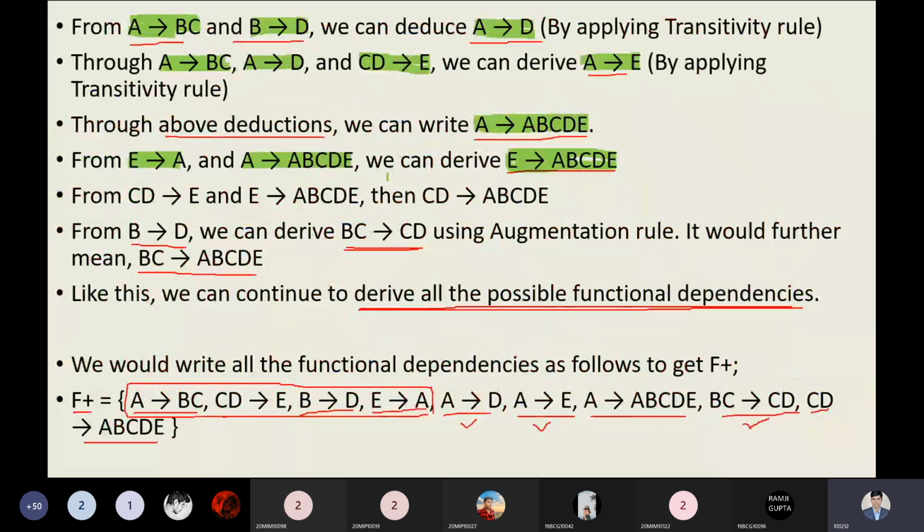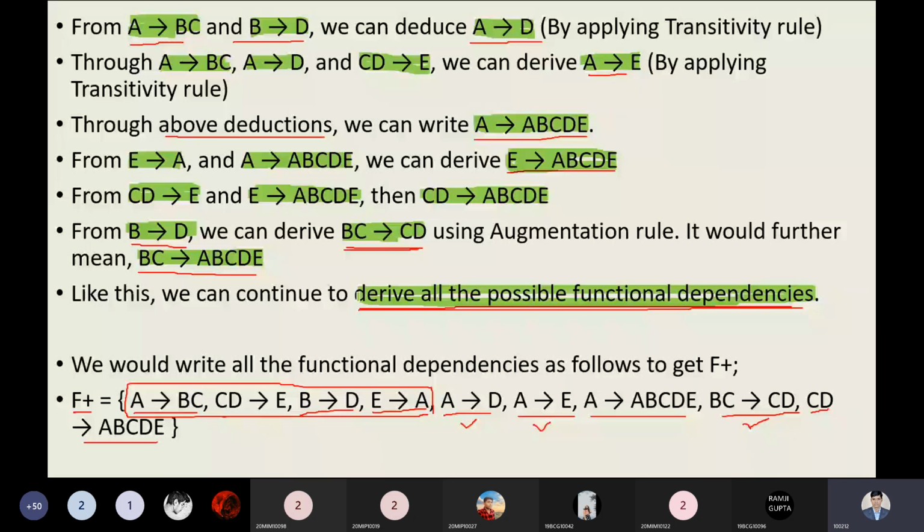Now, C determinant to E, we can say, and E determinant to A, B, C, D, this functional dependency we are generating. So from this perspective, we can use this point. Okay. Now, after applying the augmentation rule on the B and D, we can see this can also stand over here. Yes, of course, it's also possible. So you can continue this process by deriving all the possible functional dependencies. Please keep in mind the words possible functional dependencies, and that should justify the thing properly.